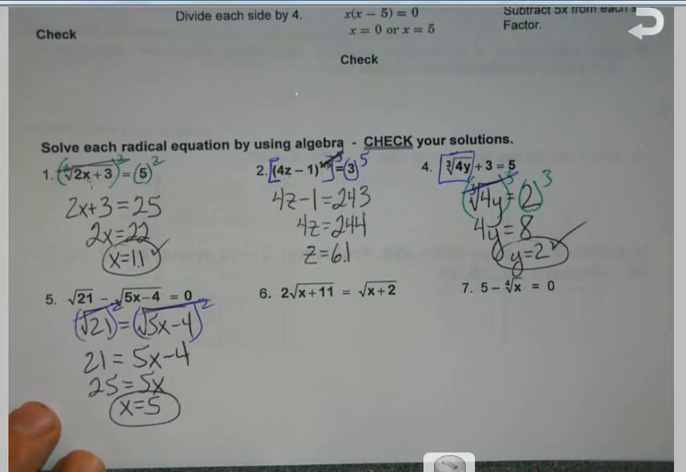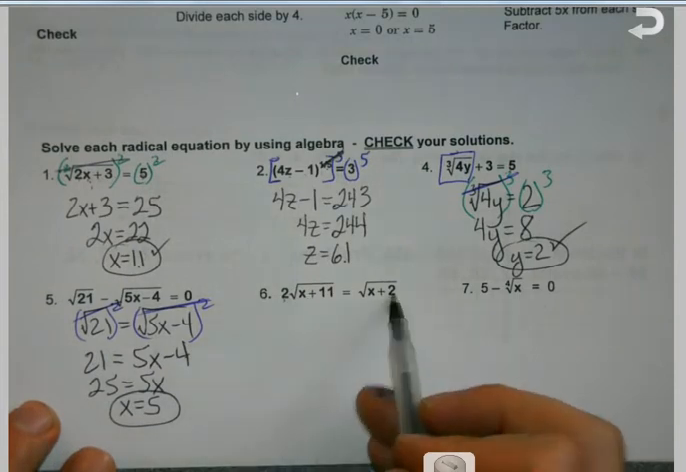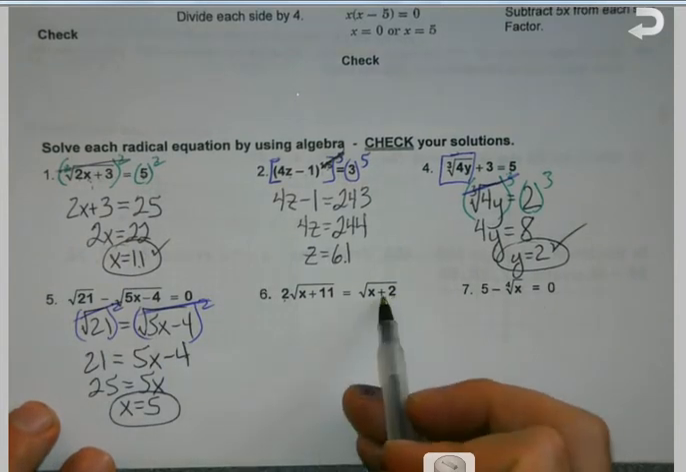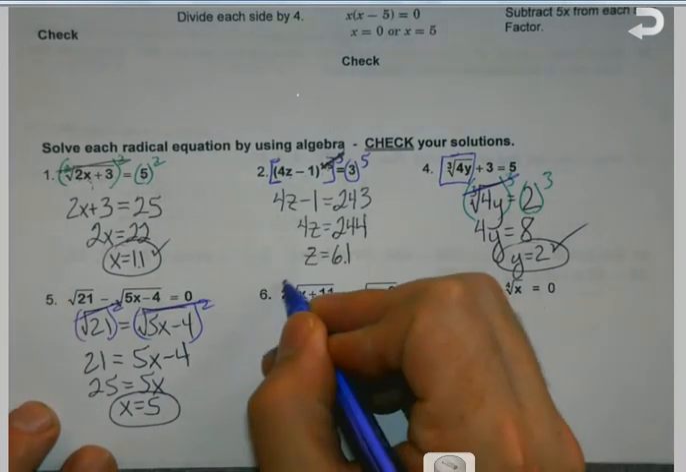Now sometimes we may not get quite so lucky. There may be only so much we can do to get a radical by itself. Here, you're like, well, I want to get that 2 out of there, but wait a minute, if I do it, it's going to be over here, and that's still on a radical side. That's okay. If that happens, I still